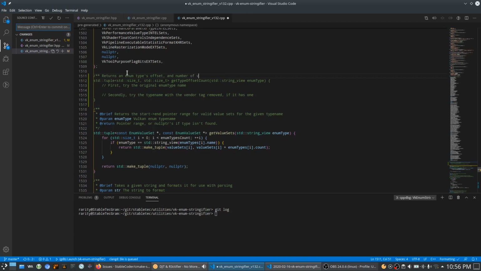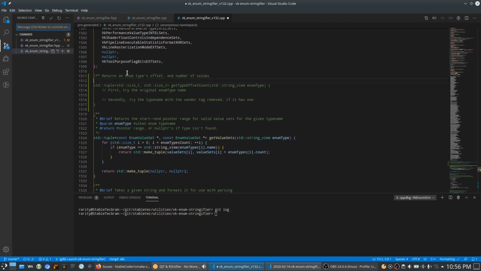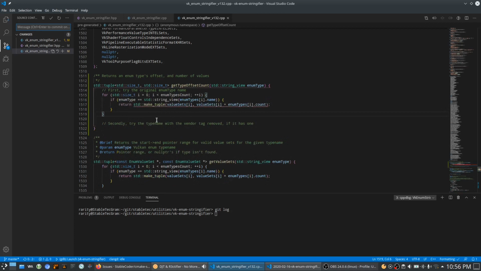Number of values. Just leave it like that for the moment. We just try them. If it's that,